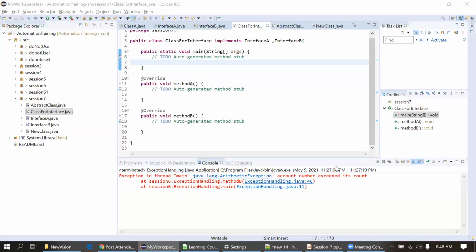Then yeah. So Keval is asking, can you please explain the difference between implement and extend? So remember that implementing means we have to provide some implementation of this method. Suppose now I am implementing this interface. Interface doesn't have a body, only a declaration is there. So we have to implement this interface, right? We have to define the body.